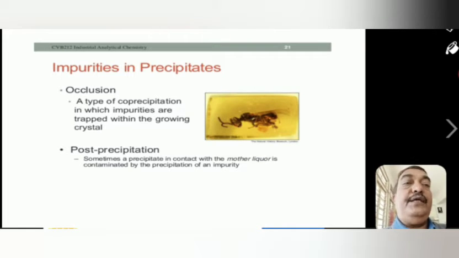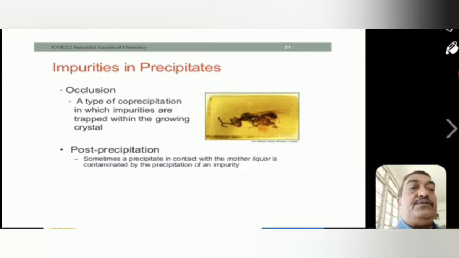that, due to the impurities, there is another layer which will get formed over the surface of the existing or the needed precipitate, so that may cause occlusion. That means the precipitate is surrounded by impurity as another precipitate on the surface. Then post precipitation is also another factor which will affect the formation of our PPT.